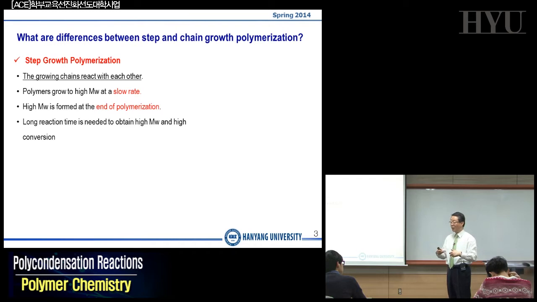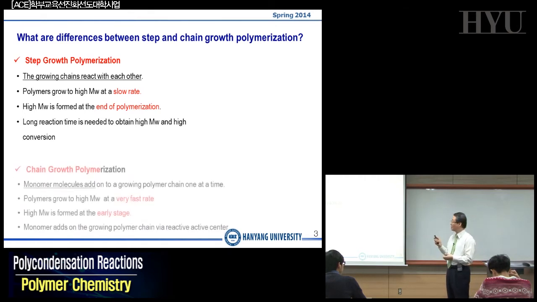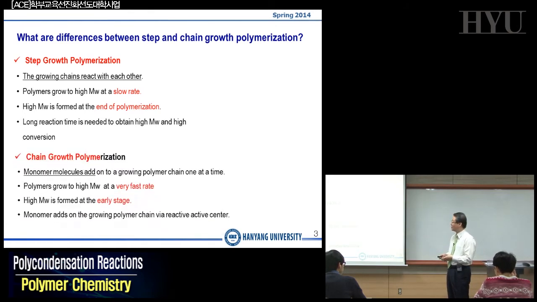Therefore, molecular weight is slowly increasing, and the high molecular weight component will be only found at the end of your reactions. And this is the very typical scheme for step-growth polymerization reactions,